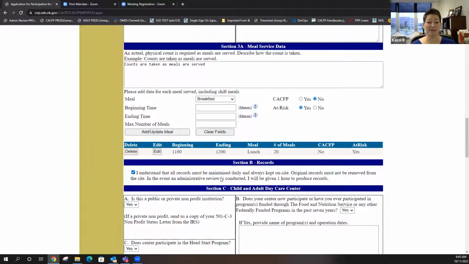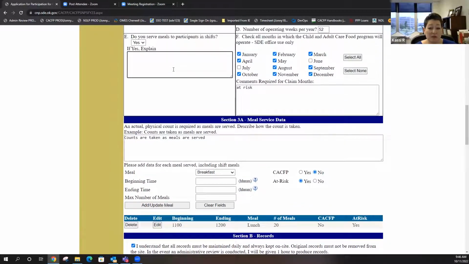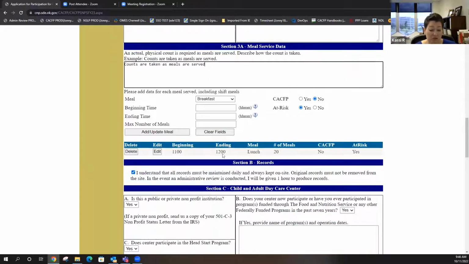I did have some in prior trainings who had questions, like, well, I use that comments box to put this or that. If you need a comments box to document anything different that you don't have another place to document, you've got this one up here if it has to do with the meal time, or you can put it here if you need a place for extra comments. But it's very rare, so that's why we went ahead and changed it.